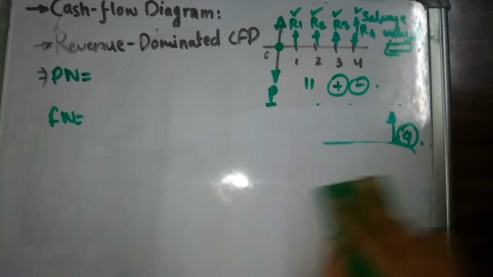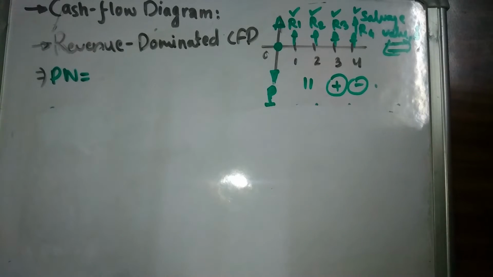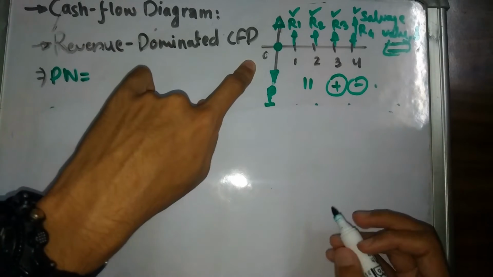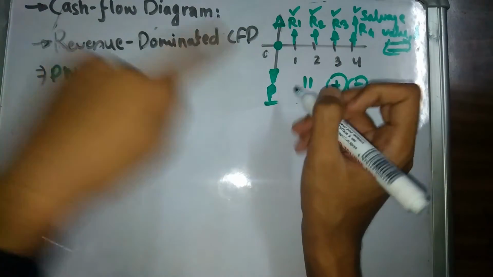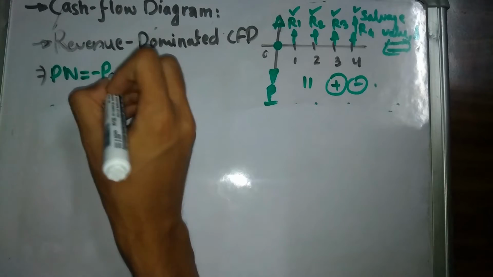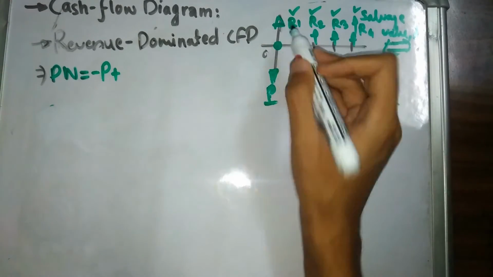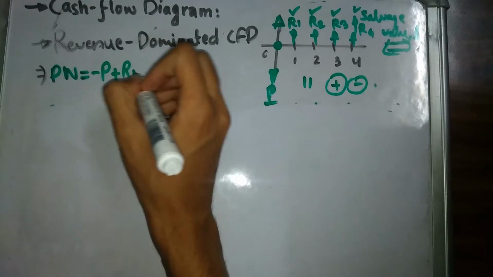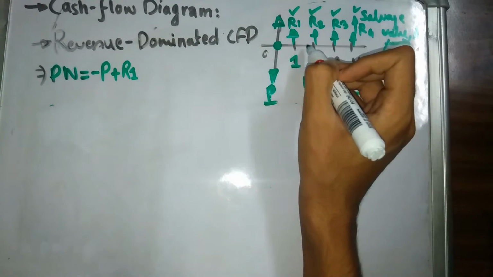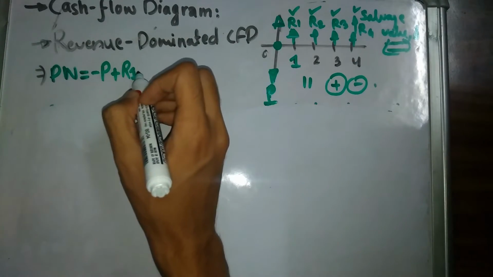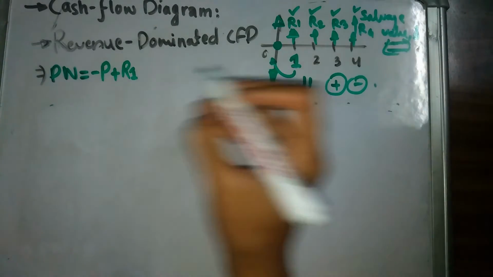So now, in order to find our present worth, let's begin with present worth, which means we are going to focus at our time t equals 0. As I have explained before, in our revenue dominated cash flow diagram, we denote the cash outflow as minus P. Now our revenue is plus R1, at our time t equals 1. Since it's a cash inflow, we're going to treat it as positive, but this is at our future, so we need to convert it to time t equals 0. So we are going to use our formula